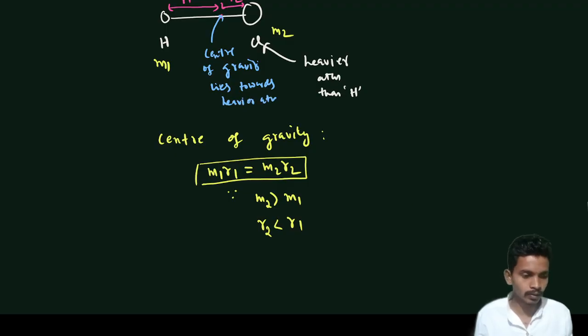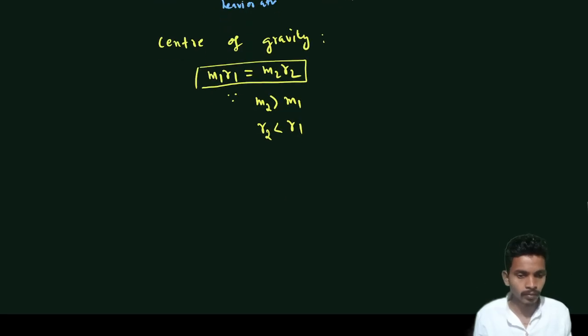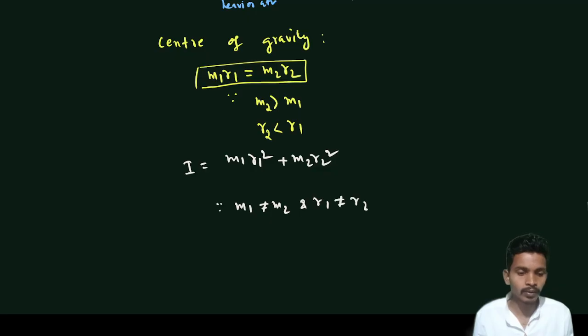Okay, so now how can I write here? The moment of inertia is M1 R1 square plus M2 R2 square. For this, since M1 is not equal to M2 and R1 is not equal to R2, here we